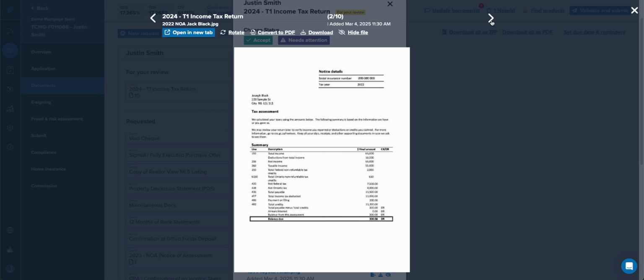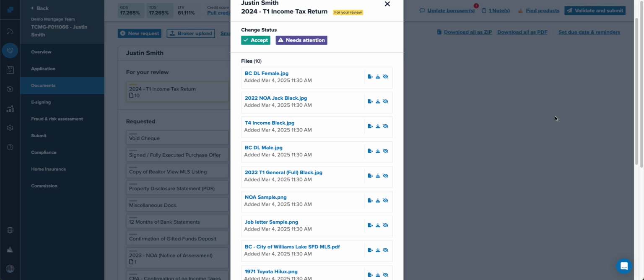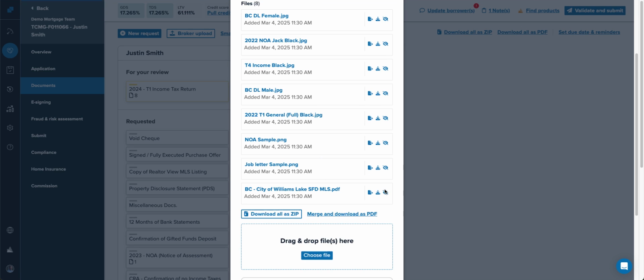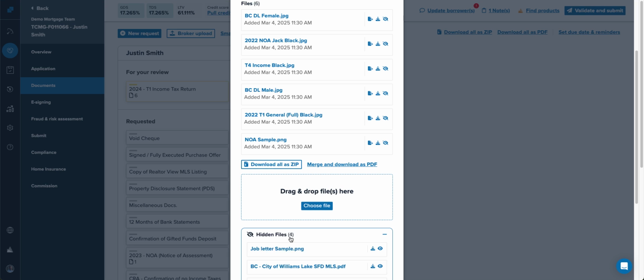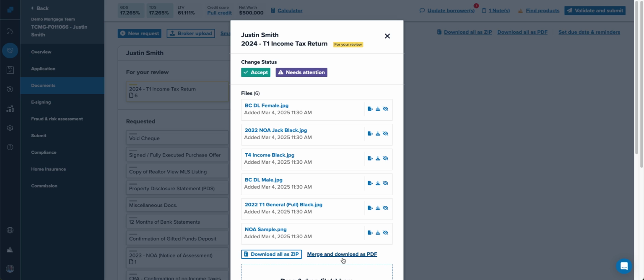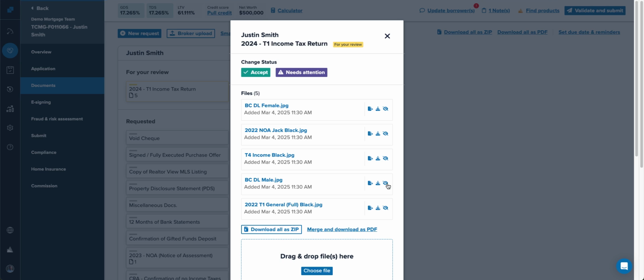So here's the next, 2024 T1, and again, the bunch of stuff in here, you can just scroll through each one and get a preview of each item. And if you want to, you can hide them all. Doesn't matter. They're always here, and you can always unhide them if you want to. If it's multiple pages and you download it, it'll combine multiple pages. So let's say there's the T1, but it's not complete. So we're going to go ahead and